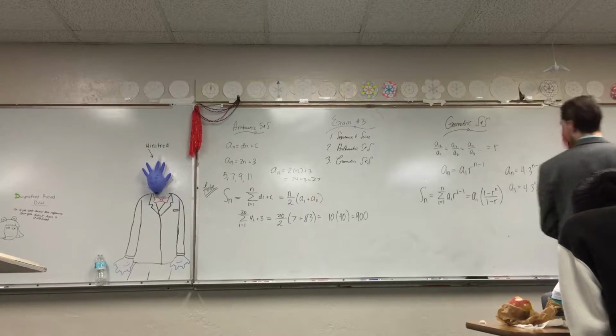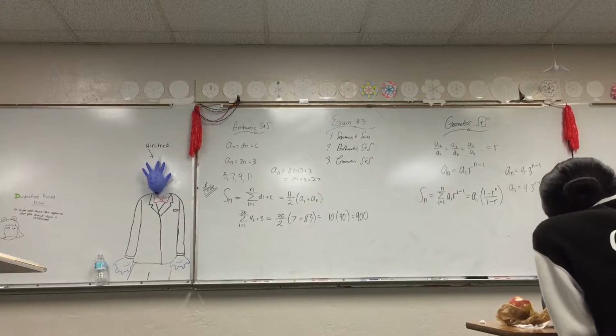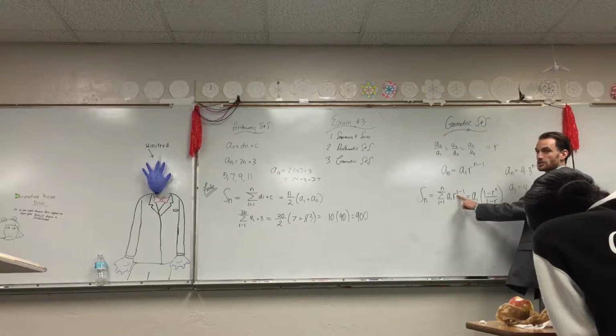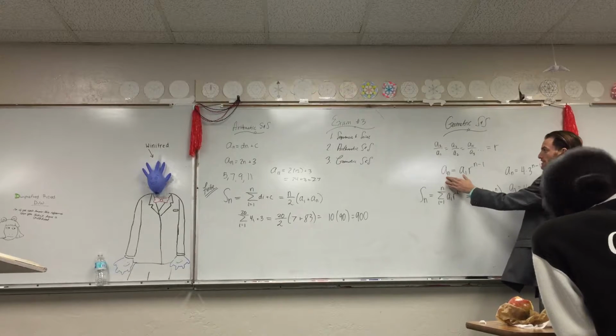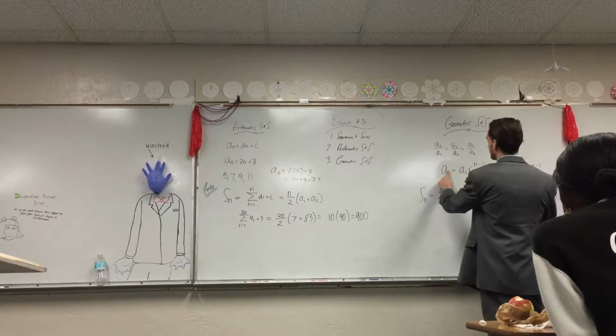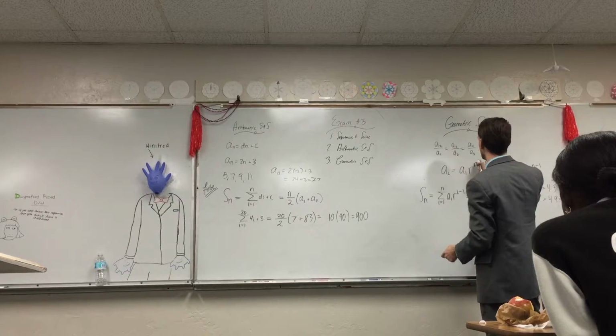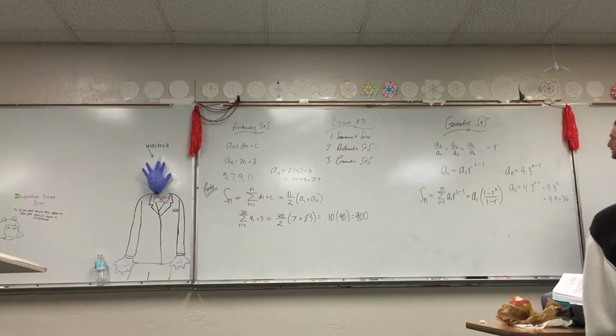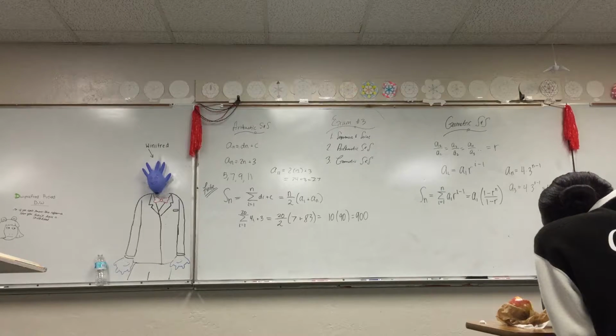Does that say i minus 1? Yeah. Because now the n is not changing, the i is changing. Does that make sense? I know it's a little confusing, but I could just write it like this: Ai equals A1 r to the i minus 1. It's the same thing. It doesn't matter what letter's there. I don't know why they chose to do it that way, and you're going to write it that way, though.